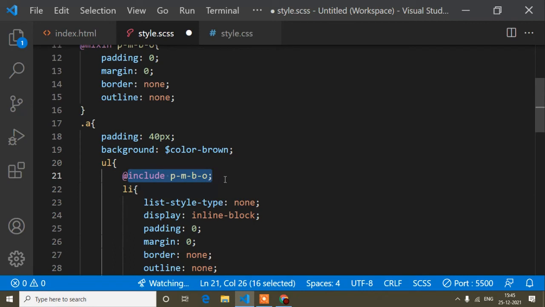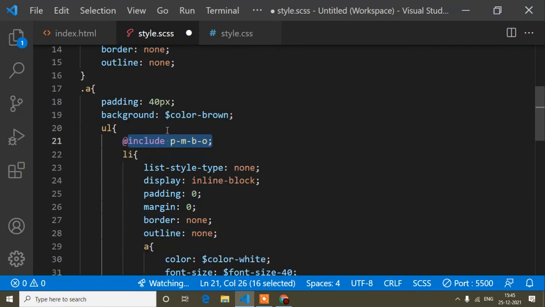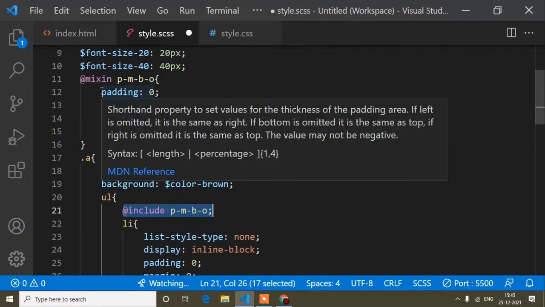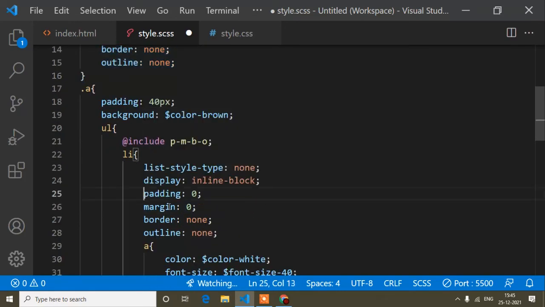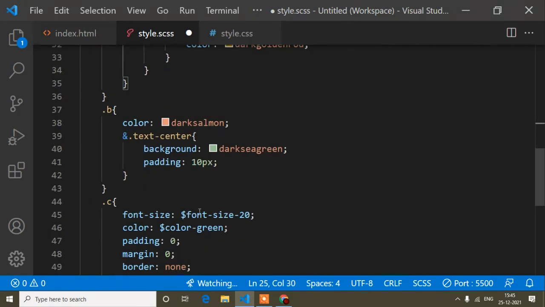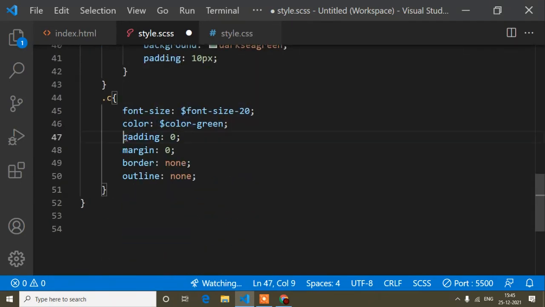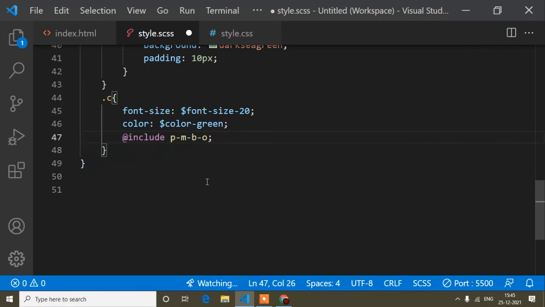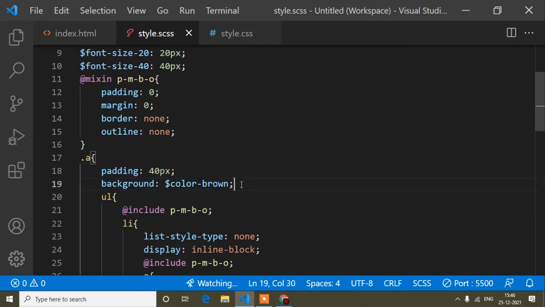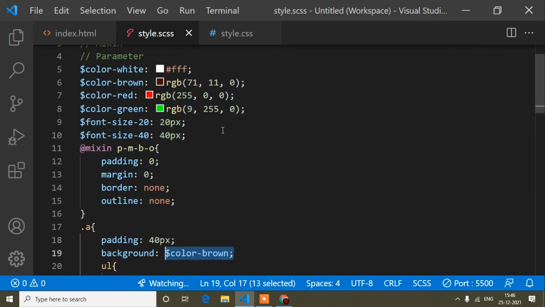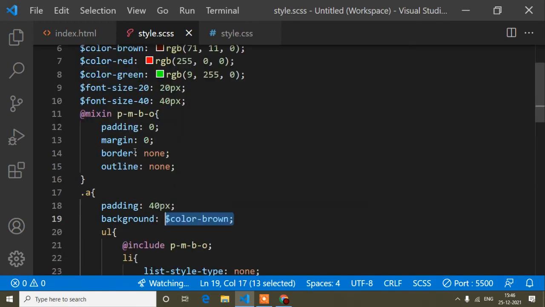This is actually a mixin. So the same thing, I will copy this border, margin, padding that I have used here, and paste it here, and also here. So save, and you can see the mixin is affected here. So now mixin is clear also. In the same way, you can define other mixins as per your needs.